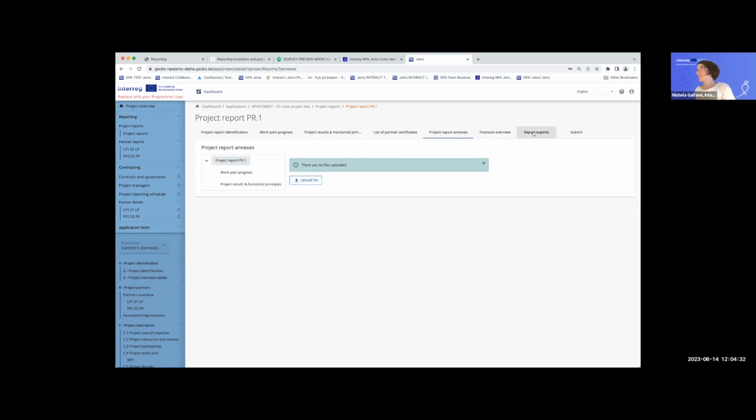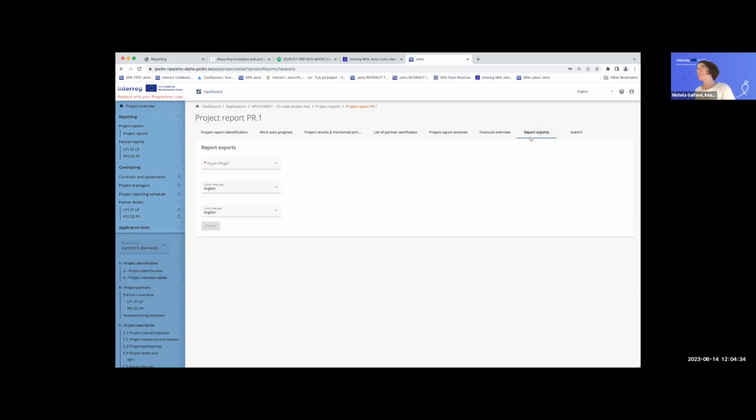I skip the next tab, that is for Stefan, and I go to the report export. Here is where you will have the possibility to download a PDF copy of your project report. So you'll select the plugin. The language is only English, so we'll have no alternatives valid for you. And you click on export, and a PDF file will be downloaded for you with the information in your project